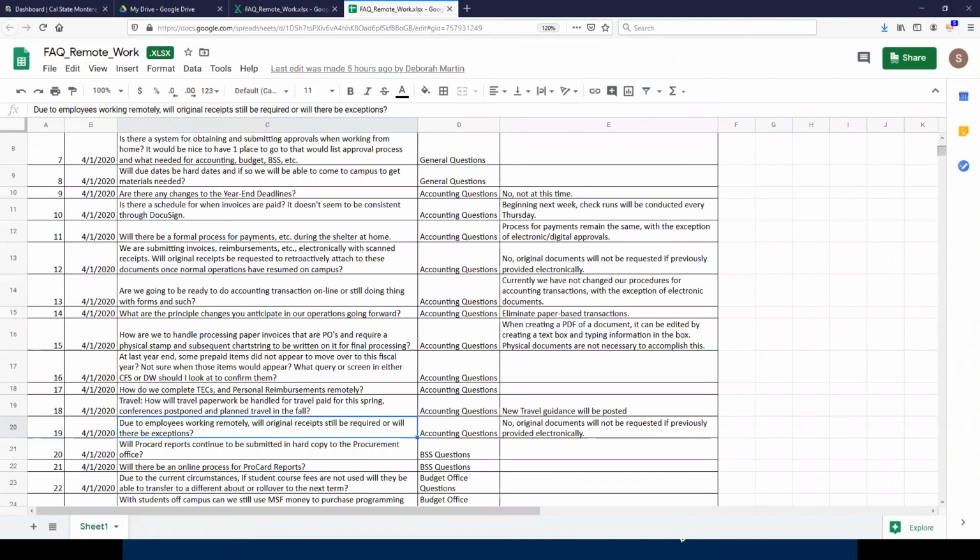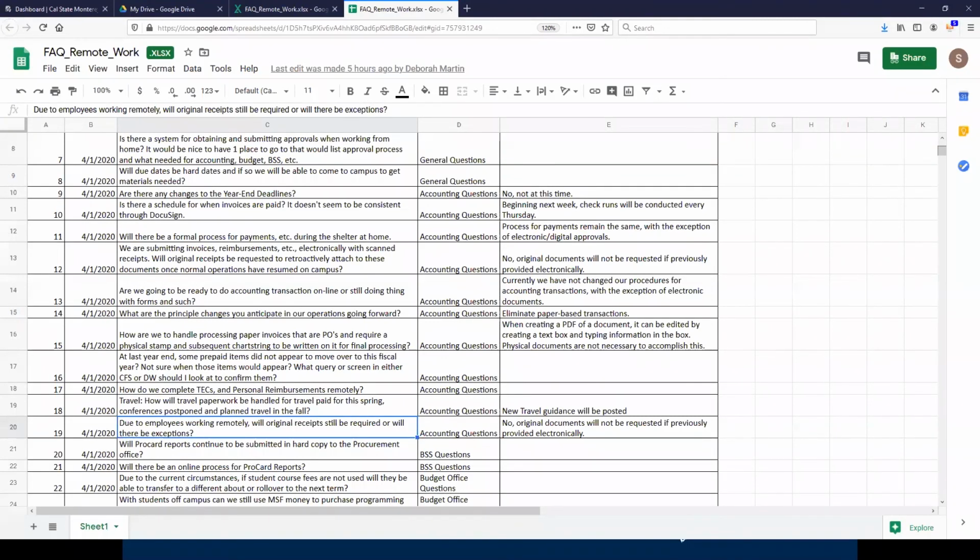Okay, great. Will processing time for TECs be affected at all? Great question. Accounts payable is able to process TECs remotely. We are prioritizing student refunds and employee reimbursements. We are trying to be sensitive to those. We are experiencing somewhat longer processing times remotely with this new process.